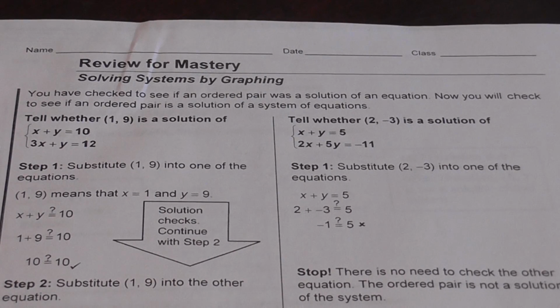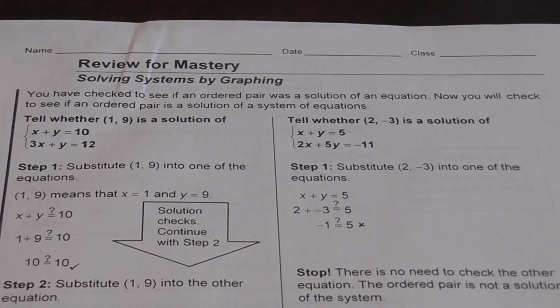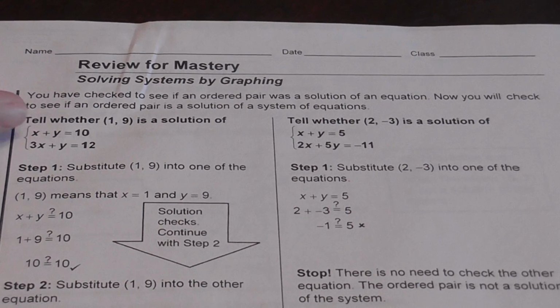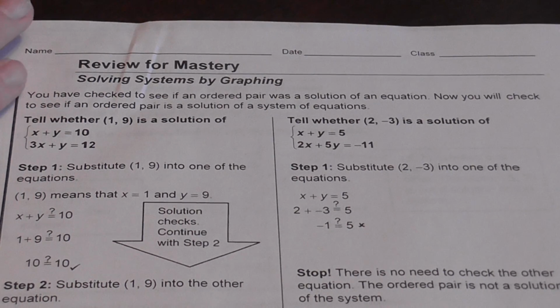So these are talking about solving systems of equations by graphing. If we'll remember, a system of equations is any time that you have two equations together, and sometimes you see this little bracket between them putting them together. The first set of notes right now says solve by graphing, but really it's just checking to see,